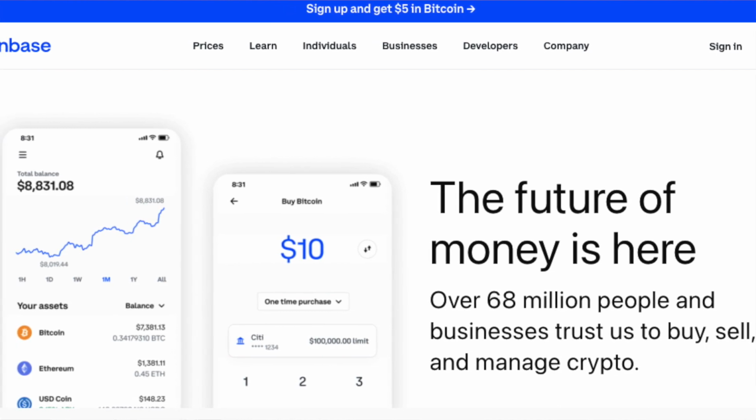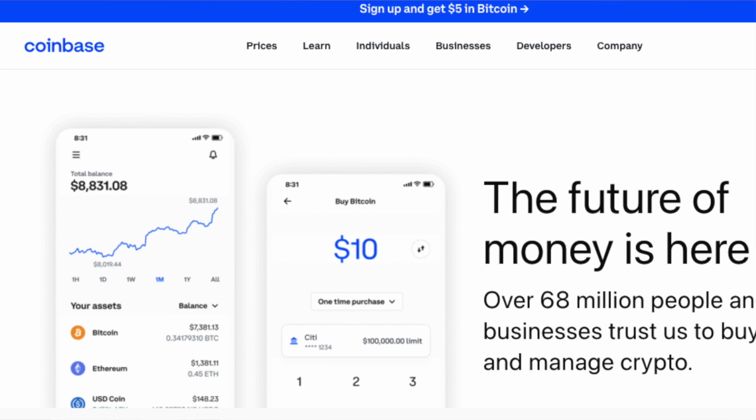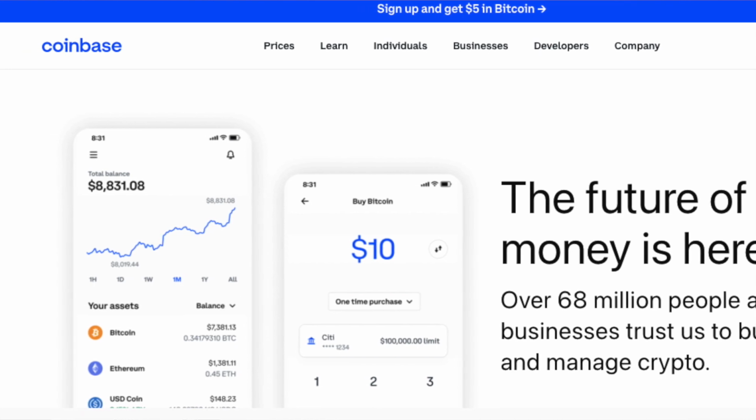There is a fee. That fee can range between $1 to $5 from my experience, depending on how much you're investing into that cryptocurrency. But the reason why I don't buy my cryptocurrencies on different brokerage platforms where I buy my stocks is because when you do it that way, technically the brokerage owns your cryptocurrencies and you can't transfer your coins. But with Coinbase, you actually own the coin.